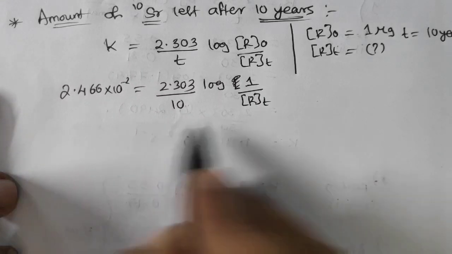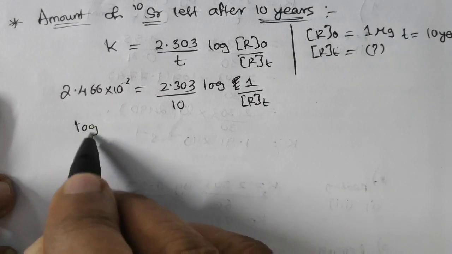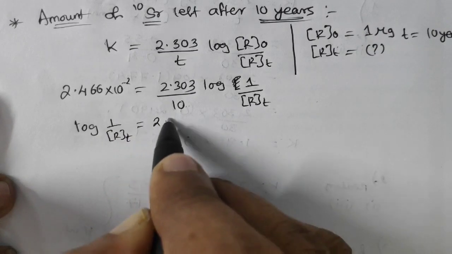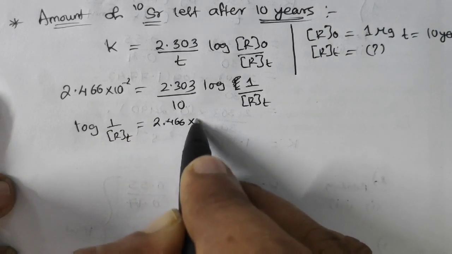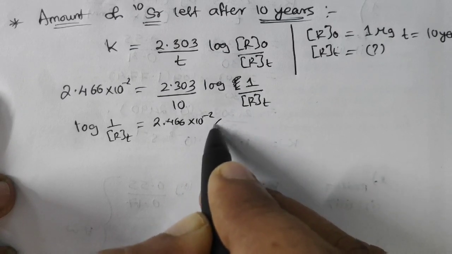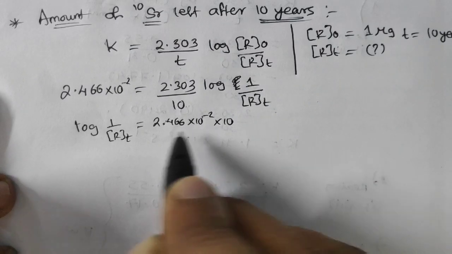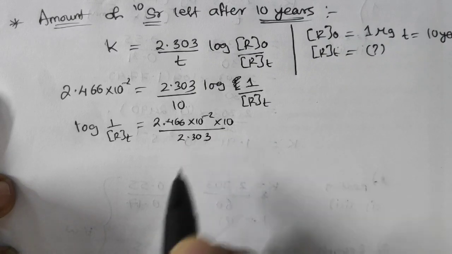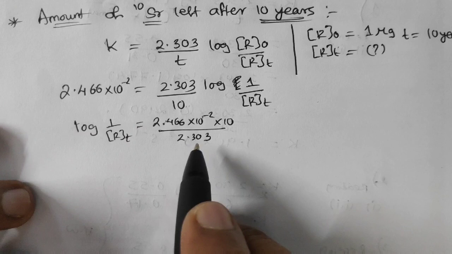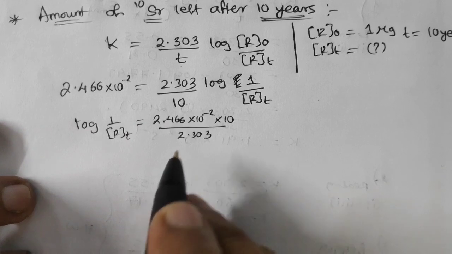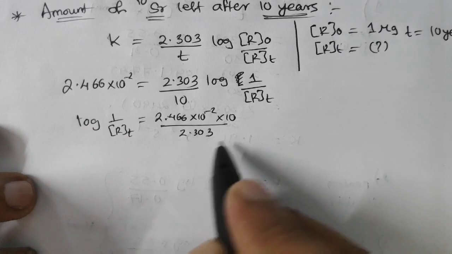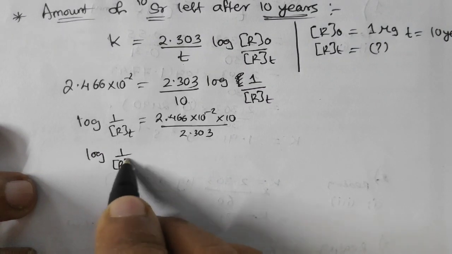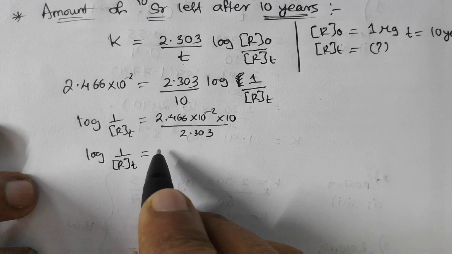So if you simplify this, log 1 by RT is equal to 2.466 into 10 raised to minus 2 into 10, divided by 2.303. If you simplify this, log 1 upon RT will be equal to